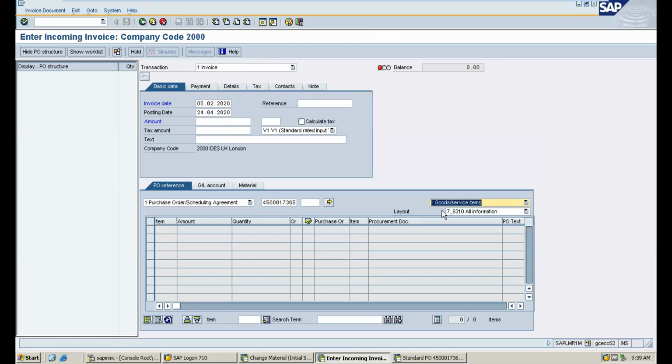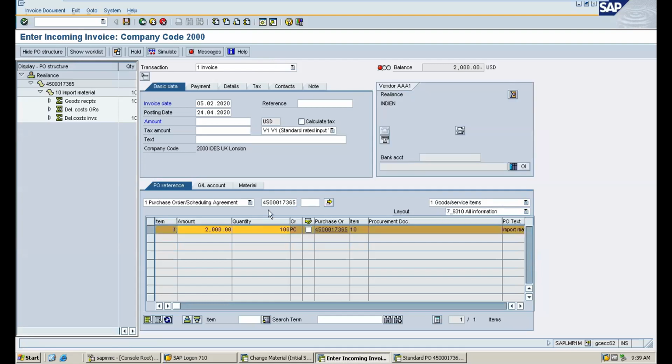Mention goods service items, just enter. Okay, the cost is 2100 per piece. Just mention okay and enter. 2000 is the total amount which you need to pay to the vendor for the cost of goods.